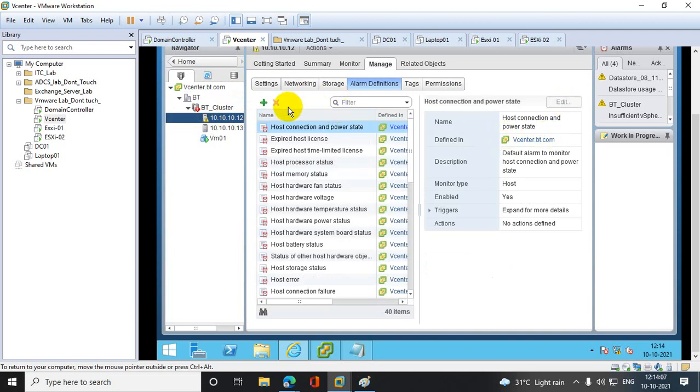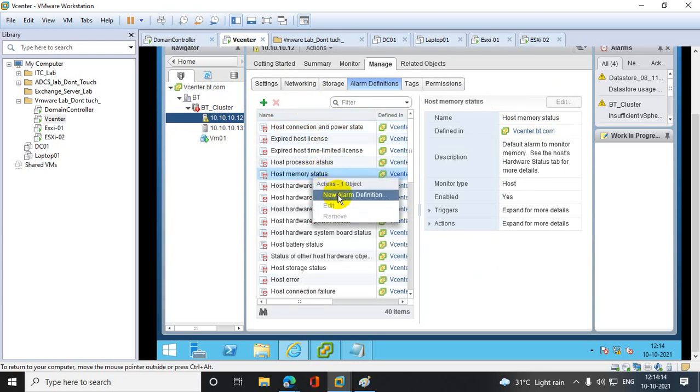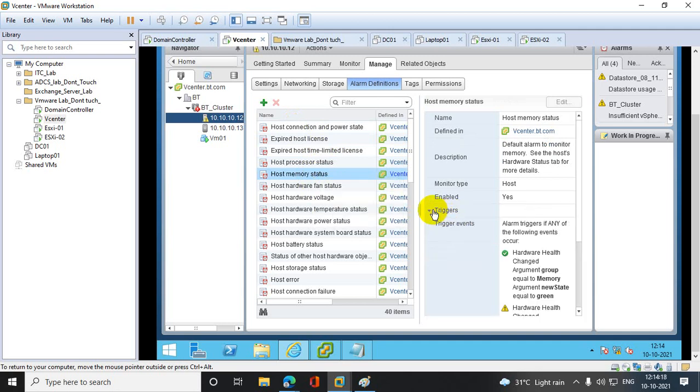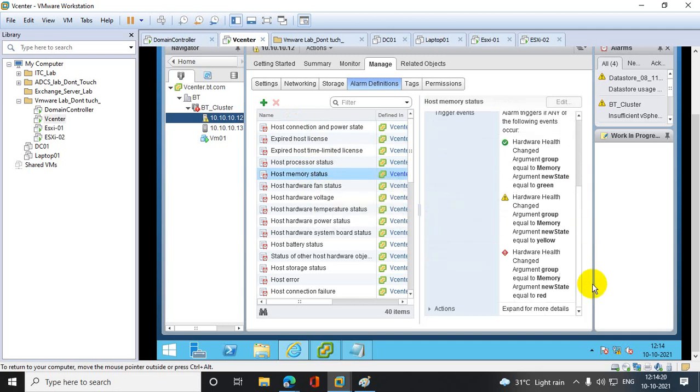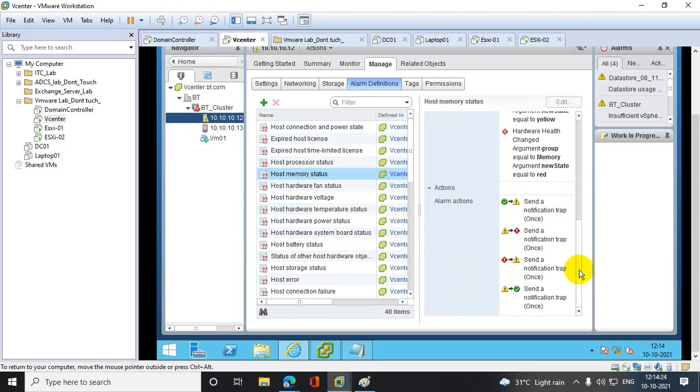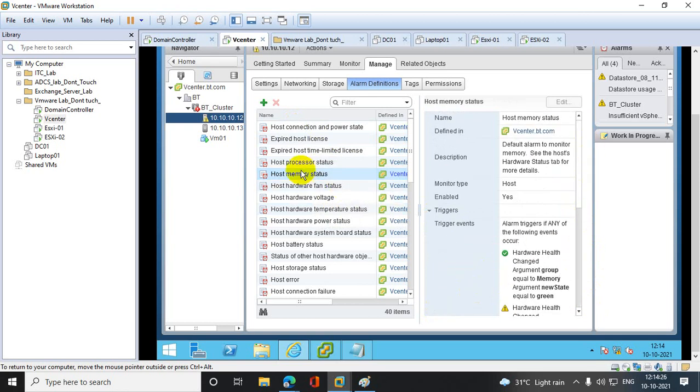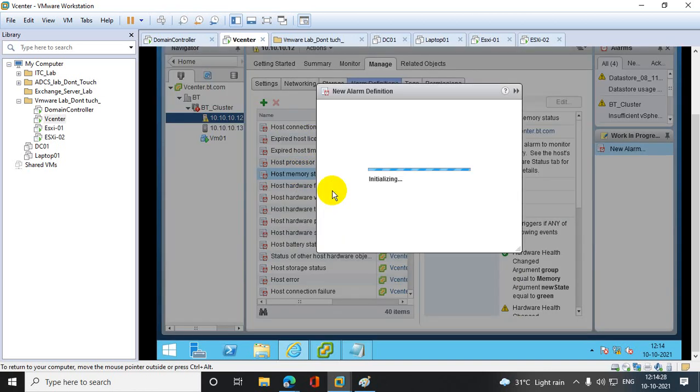Okay, so you have to create a new alarm definition under connection, memory status. The edit option is not available. So in that case, you have to create a new alarm definition.